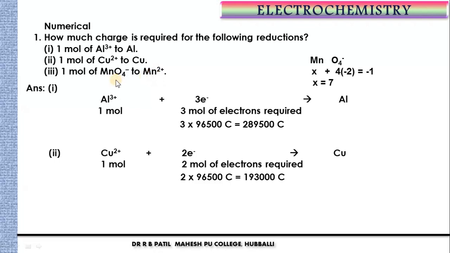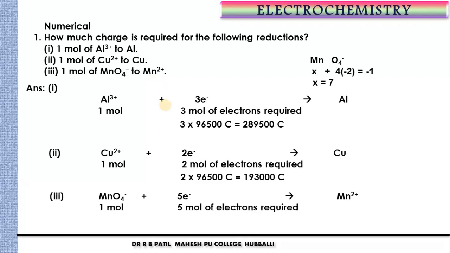To convert from +7 to +2, it requires how many electrons, students? 5 electrons, obviously. So 5 moles of electrons. So 5 moles means 5 into 96,500 coulombs. Okay. So if I do that, 5 into 96,500 coulombs, then I end with this answer,